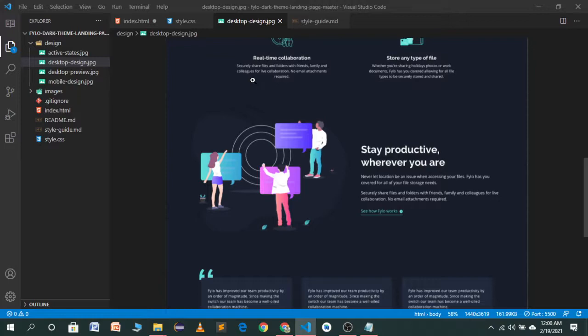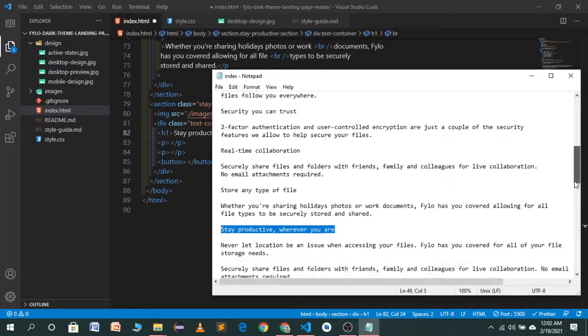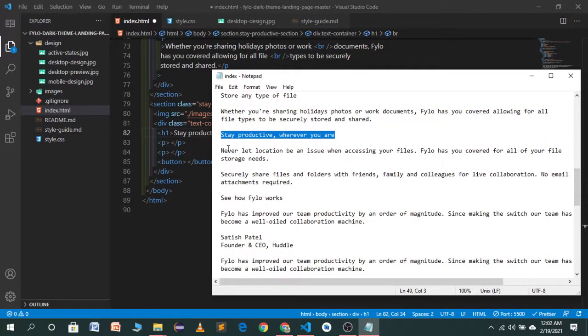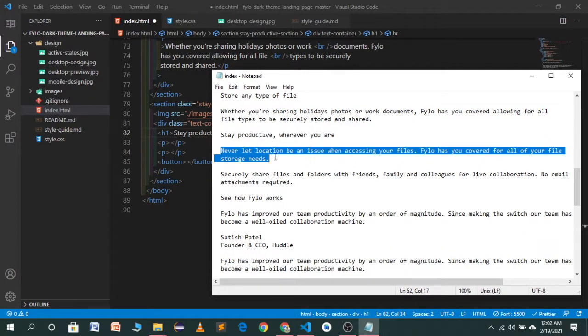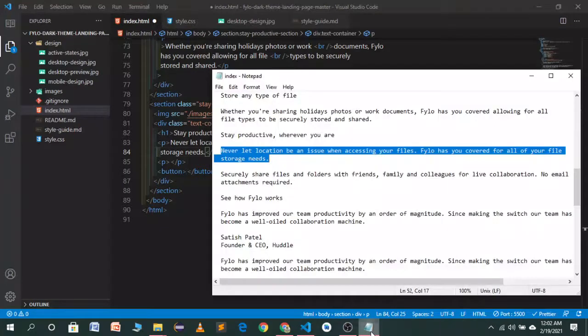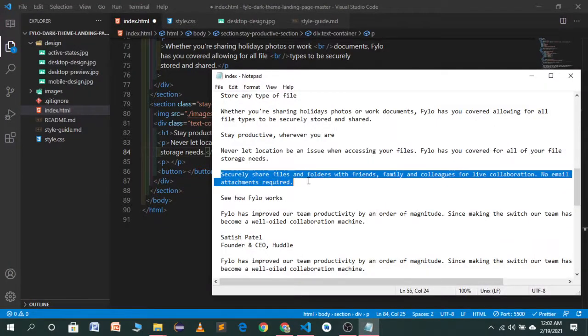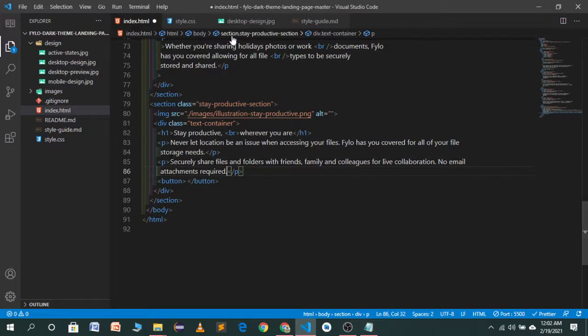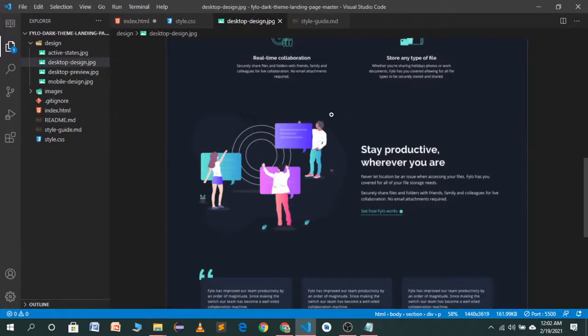Now we'll copy the paragraph text, which will be this one for the first paragraph, and this one for the second paragraph. Now copy this one and paste it here. Now I will go to my demo file.